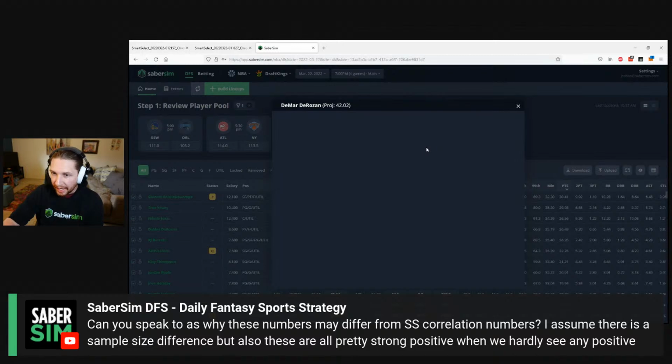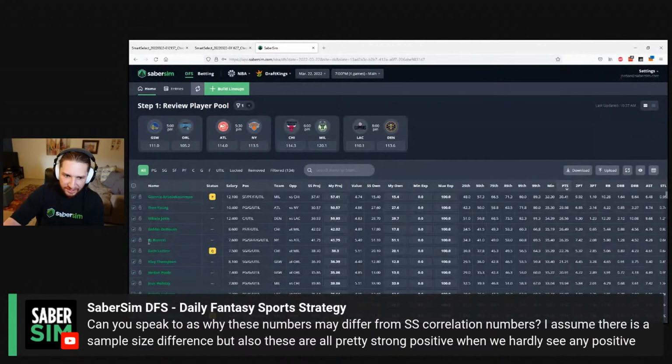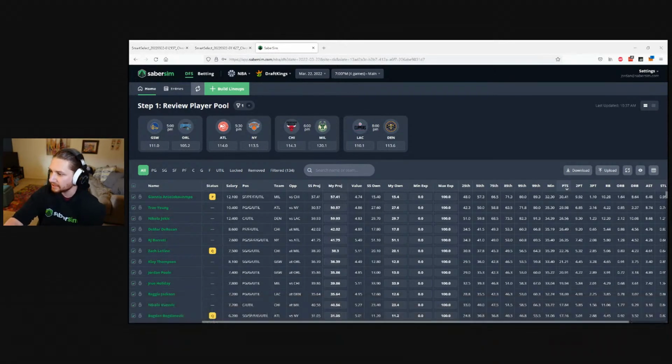The other reason too is, of course, that there can only be 5 players on the court. So players that do the same thing and sub out directly for each other, that has an impact as well. DeRozan is probably a very classic example of a negative correlation with LaVine too. Very, very similar kind of player. So anyway, good stuff. Thank you again for sharing, and thank you again, Reed, for asking the question too, because I think it was a good opportunity to talk about today. But for now, let's keep it going.